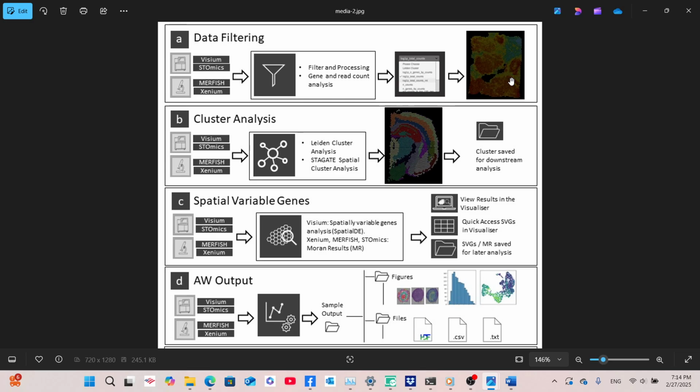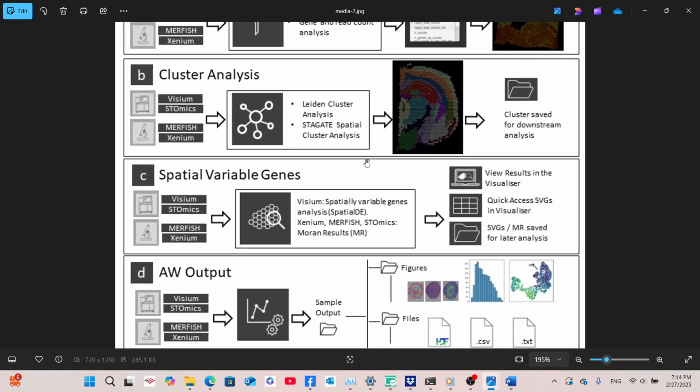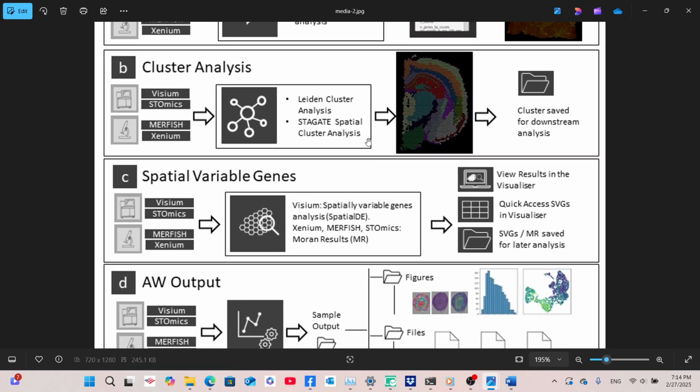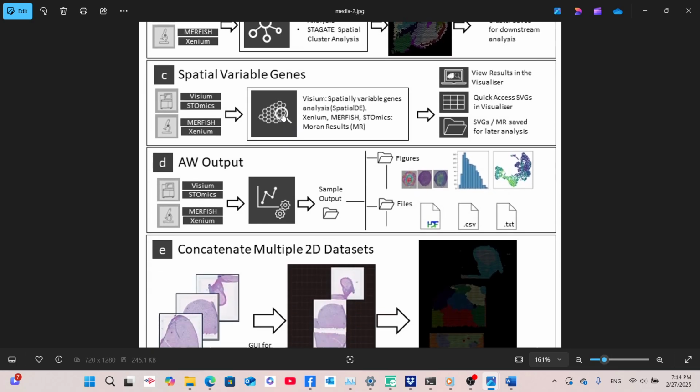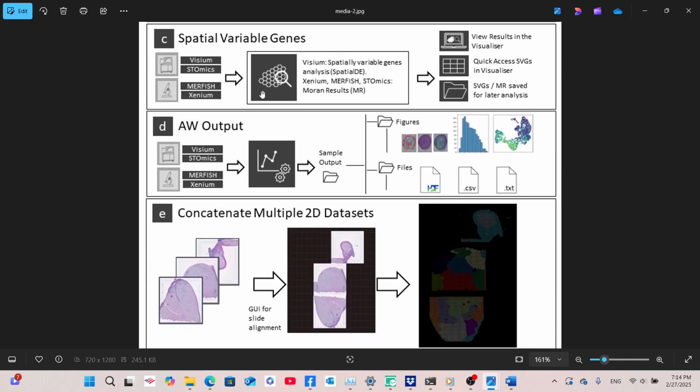B. Leiden or STAGATE clustering analysis and visualization of clustering output using Visium data of the human cerebral cortex. C. Identification of SVGs is performed using SpatialDE for Visium data and by calculating Moran's I statistic for Merfish, ST-Omics, and Xenium. D. Examples of output files generated by the AW workflow with example data from a coronal mouse kidney section